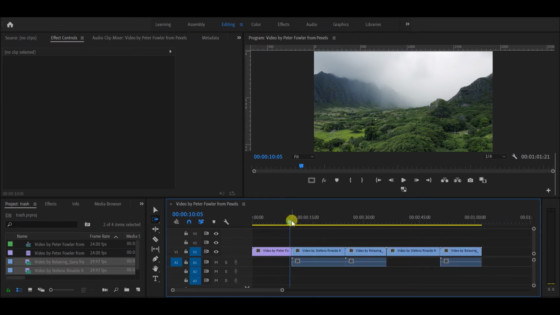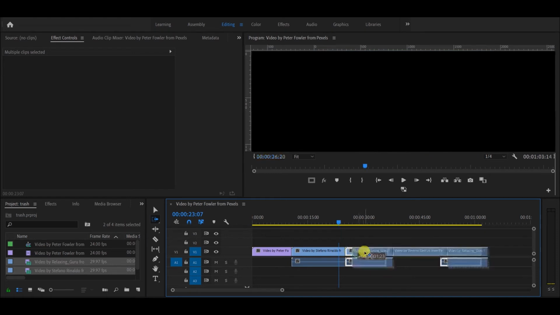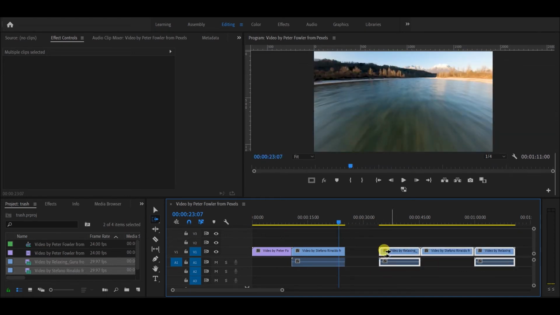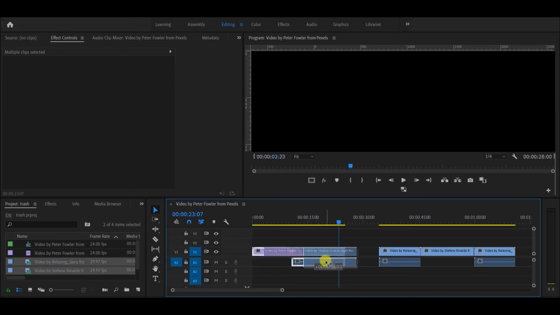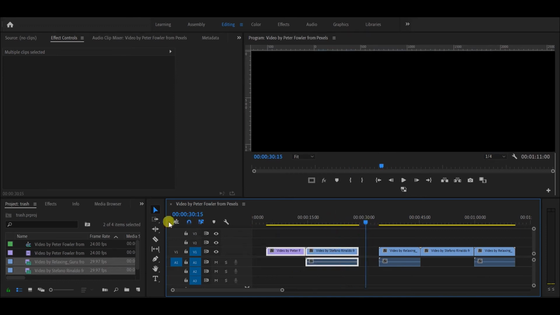Suppose the timeline is over here, and you want to move this particular section or this section. In this case just click and it will move that section over there. To get back to the original select tool, you can press the selection tool as well. And for the left side, just press the A button.